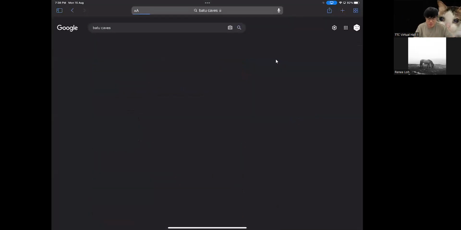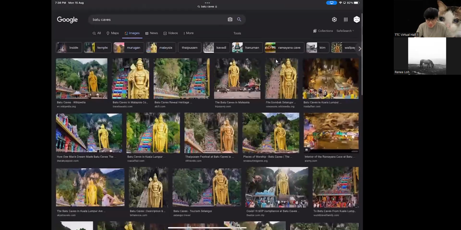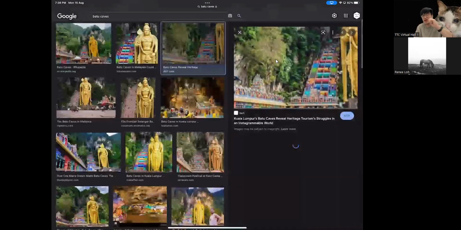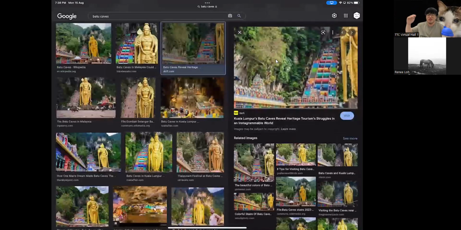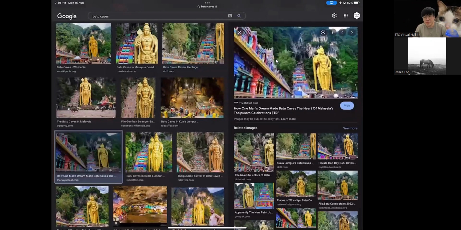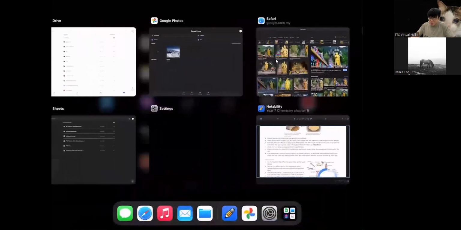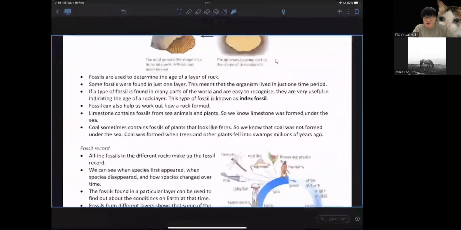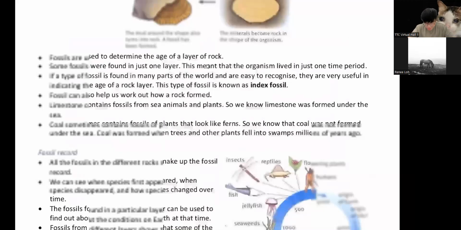Okay, there you go. So this is the Batu Cave lah. Have you been to Batu Cave before? Have you seen this before? The many color staircase lah. So Batu Cave is a limestone cave. 它是一个 limestone. So the sea level used to be that high. 以前整个 Malaysia 是 underwater 的, is under the sea. Okay, I see a limestone. 整个都是 limestone 来的。Alright, so that's why Malaysia is surrounded by ocean 啦。中国 Malaysia 全部是海边啦。Why is it ocean everywhere 啦？Because we used to be under the ocean.